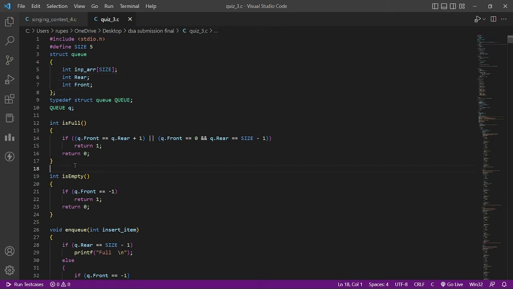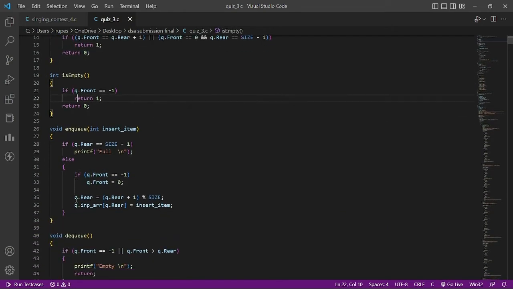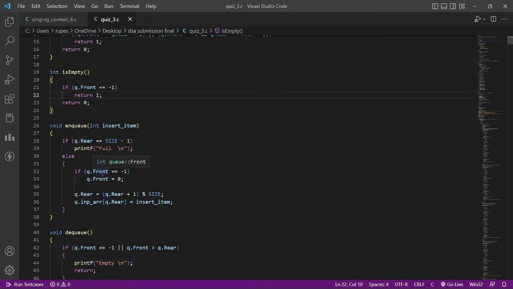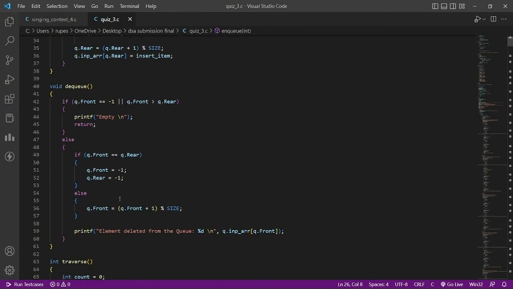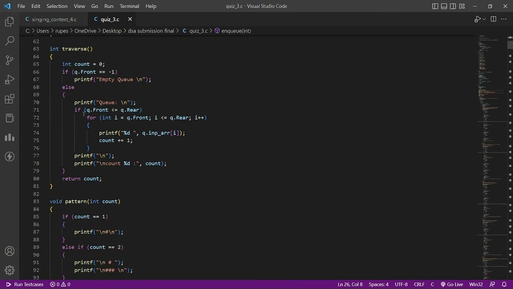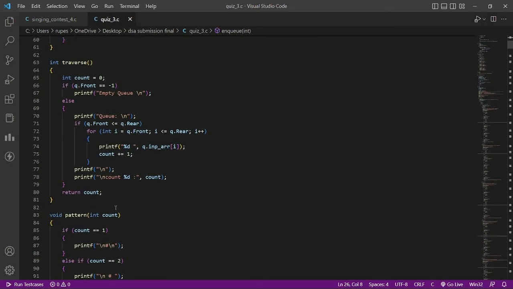Here we have the functions isFull, isEmpty, and the enqueue operation, which we use to insert an element at a given position. Then we have the dequeue operation, where we can remove the given element. Then we have the traversal operation, which helps us return how many elements are there